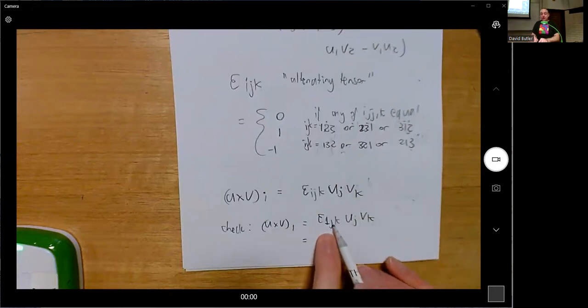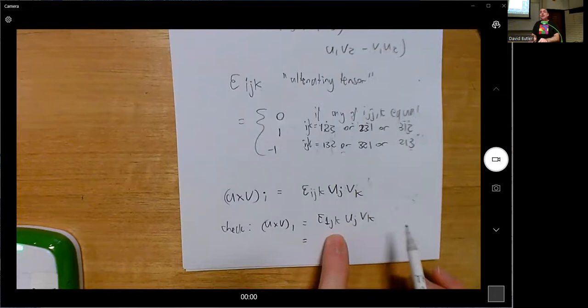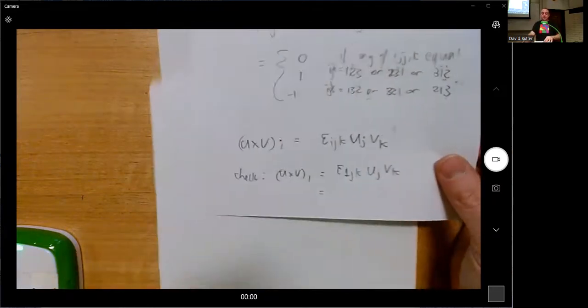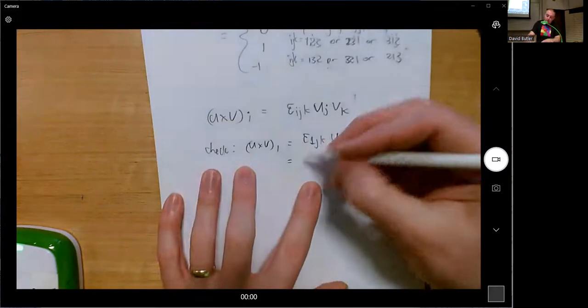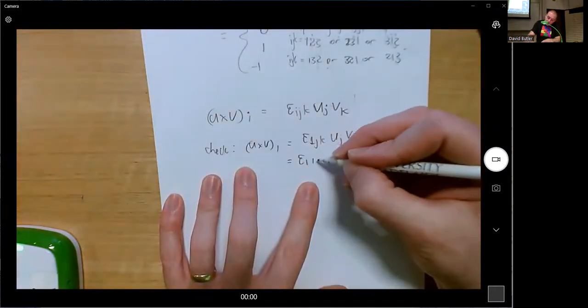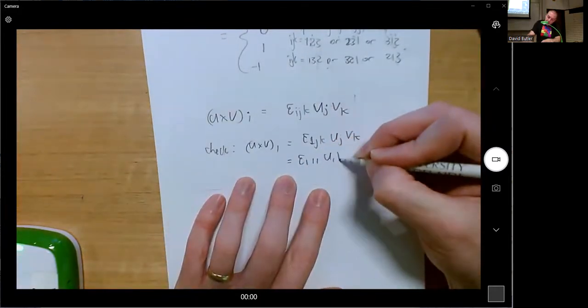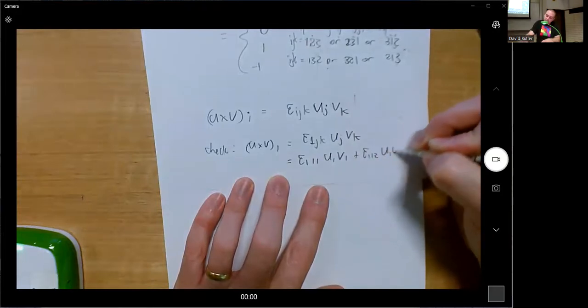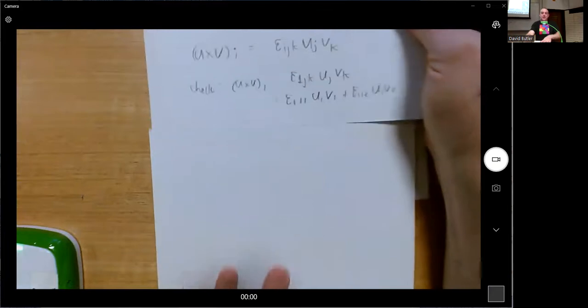Since the j's are repeated and the k's are repeated, I'm going to have every possible combination of j's and k's, of which there are 9. So it's going to be epsilon 1, 1, 1, u1, v1, and epsilon 1, 1, 2, u1, v2, and